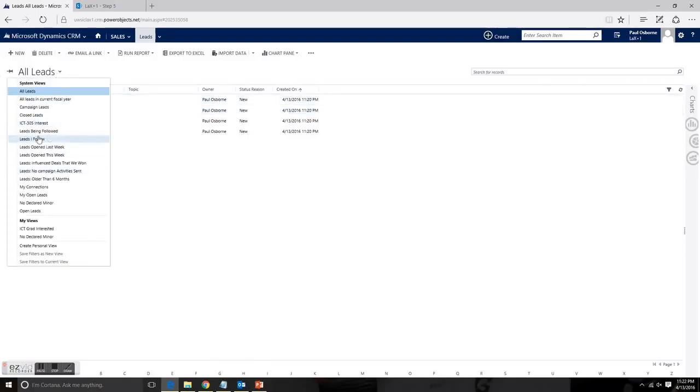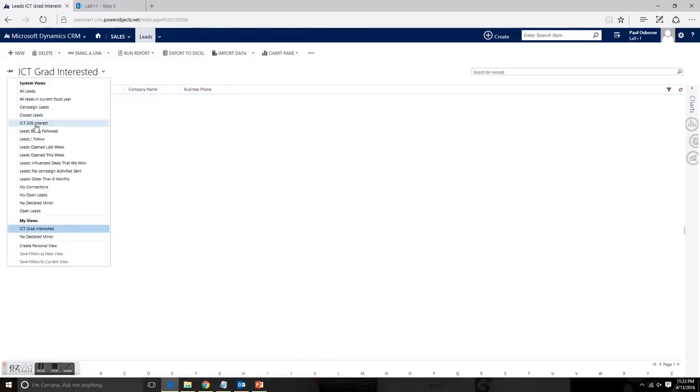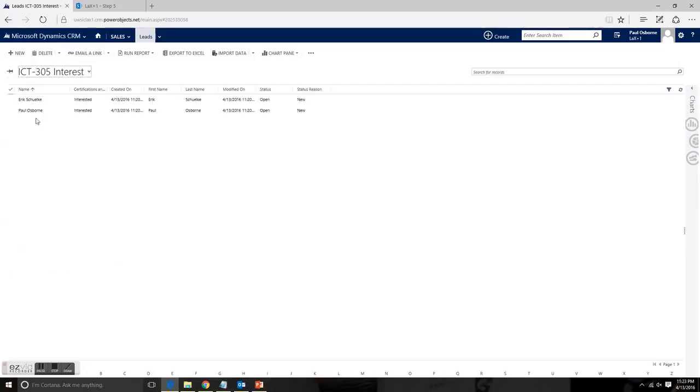we can add system views or my own personal views. So under my own personal view here, I have an ICT grad interested. So you can see now I have 2 records. I can go look at, maybe we have a system-wide view because we want several users to see. I have the ICT 305 interested, and we have 2 users on that. And the way that this filters is just based on the regular filter when you set up any view, the criteria you want to see when